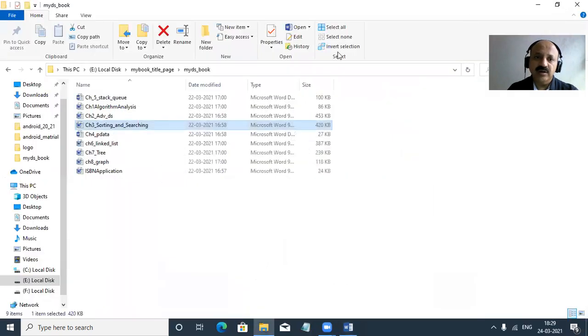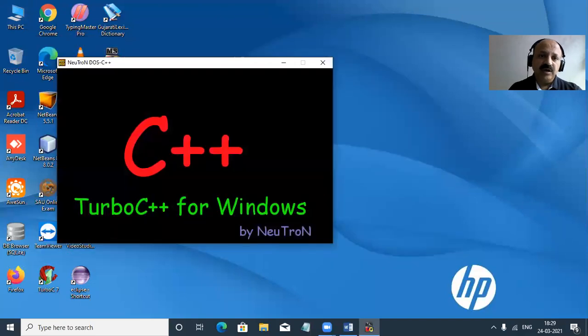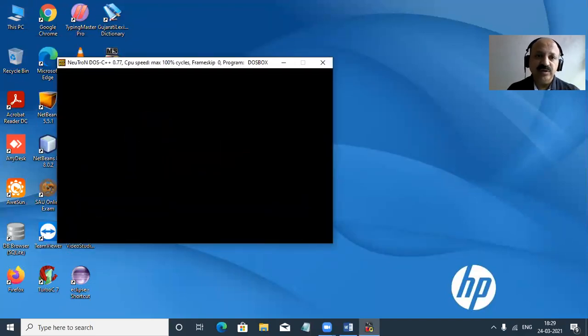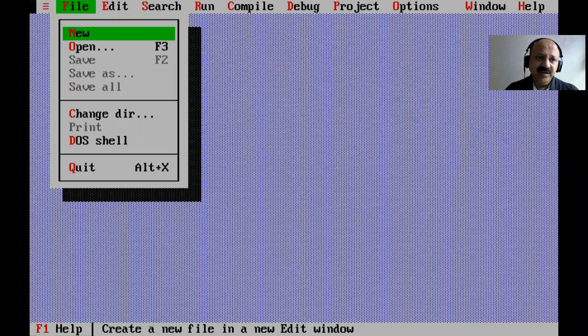So now we have to start. Let us open Turbo C++ and see how to implement our program in Turbo C++. Wait, that takes some time. So the editor is open. So that is insertion sort. Compared to bubble and selection it is better, but quick and merge are the best techniques.